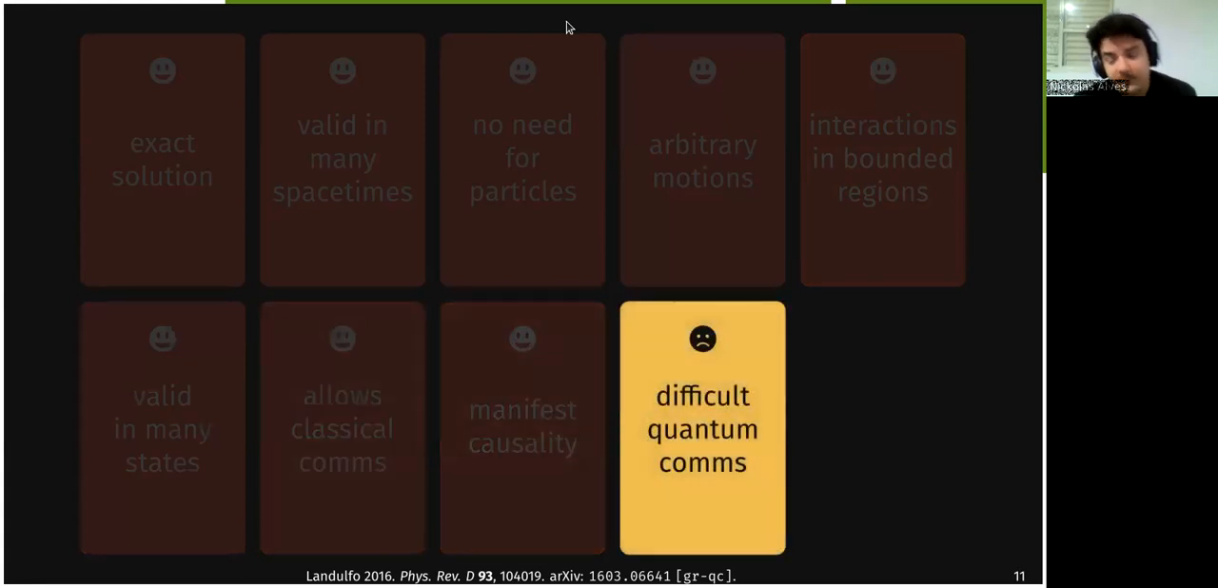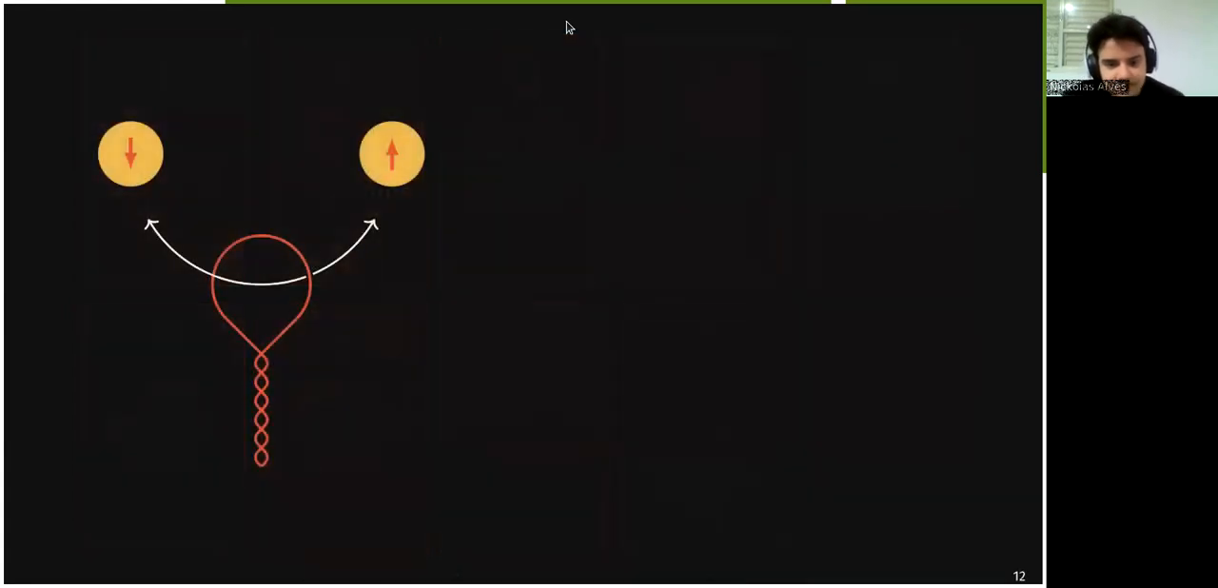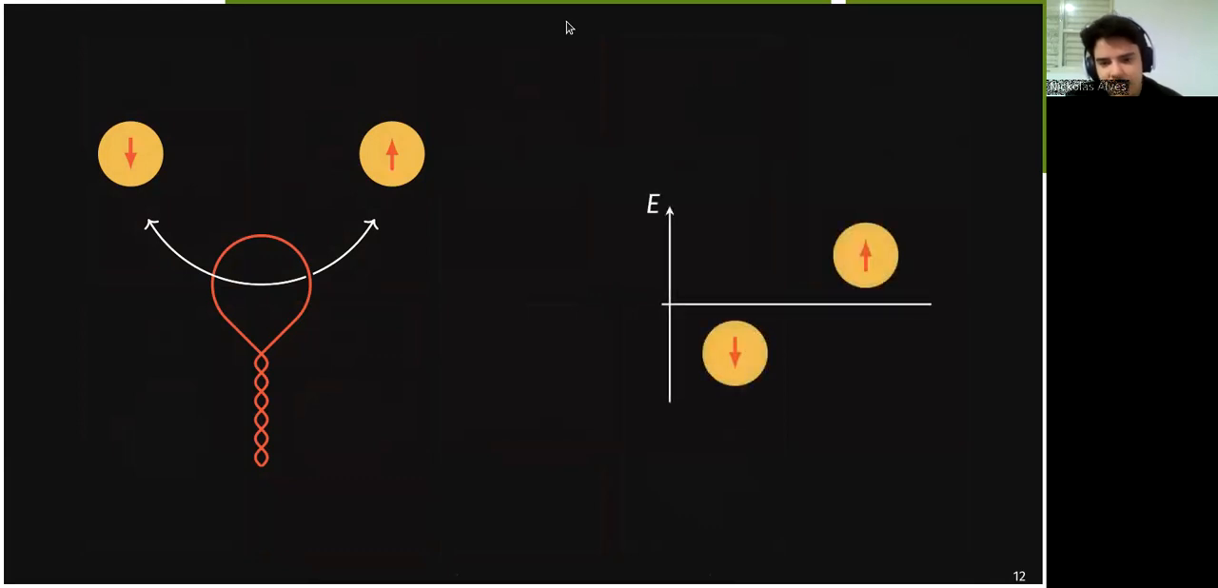However, it is difficult to perform quantum communications because you need extra entanglement between the parts, and they cannot be used as particle detectors since they have no gap. A way to improve on these two issues is to allow the same interaction, but allow for a non-vanishing gap. So we are going to work with,